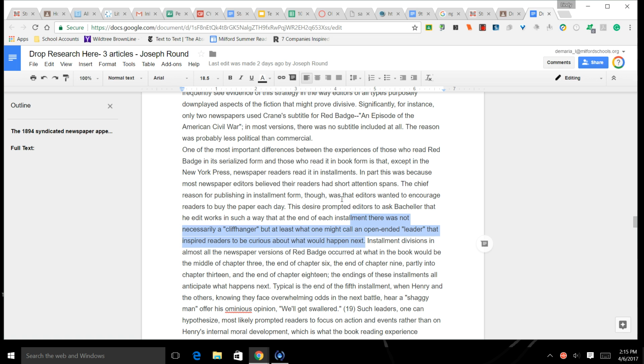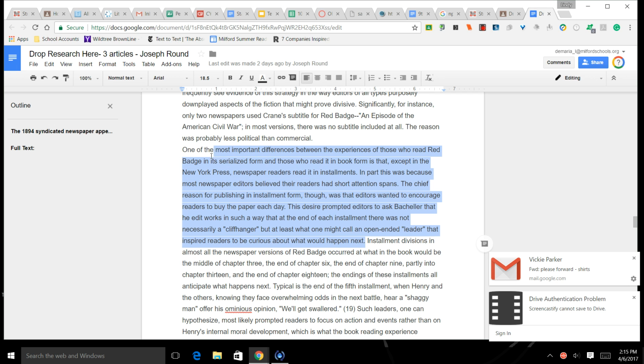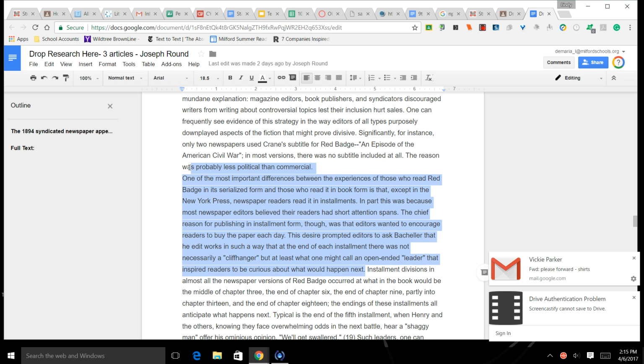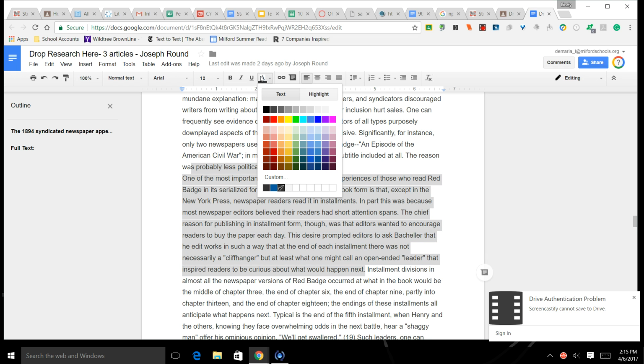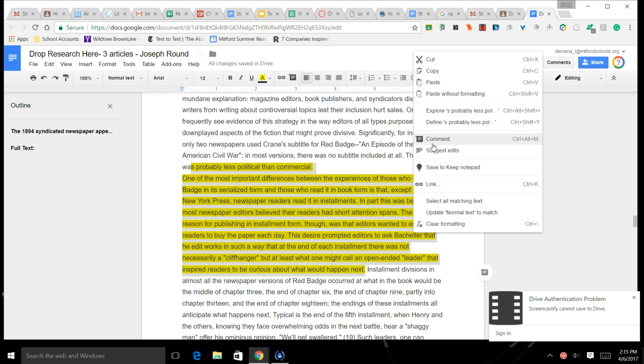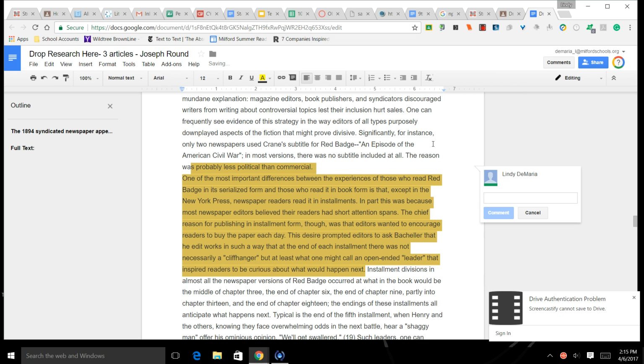So what I'm going to do is highlight this section right here. Again, you can choose a color, click highlight, make it yellow. And then I also like to make a comment in the margin just so you know what this quote is about. Otherwise, you're just going to see highlighted text here. So you might put writing style